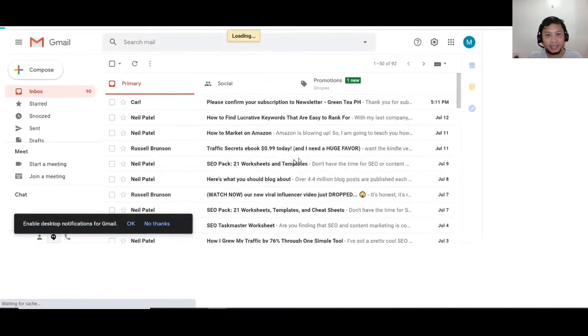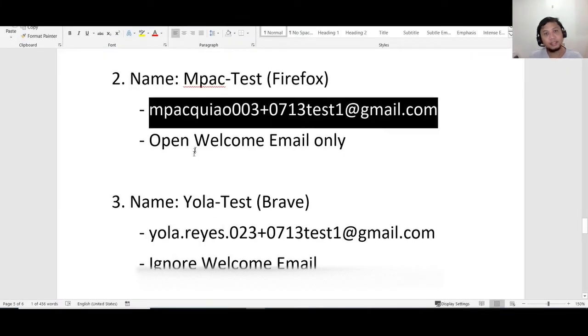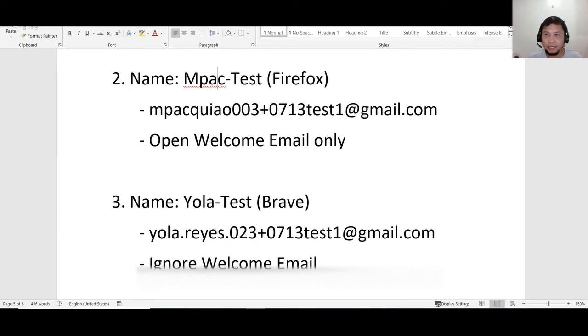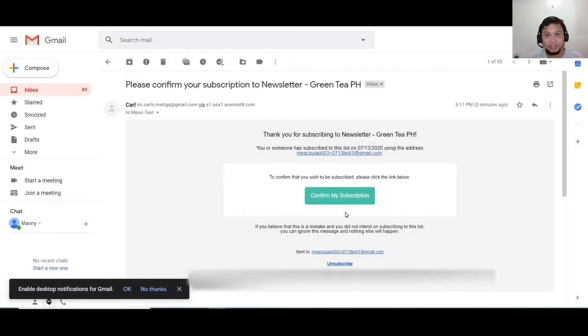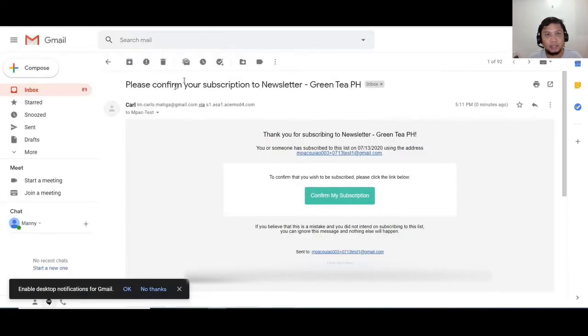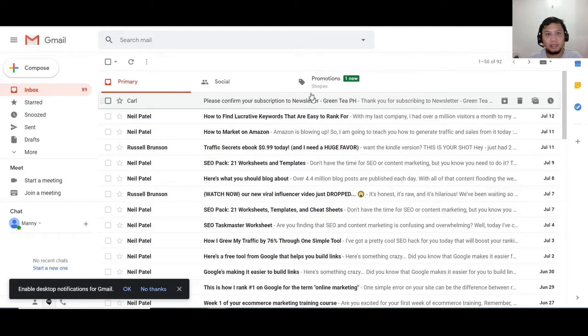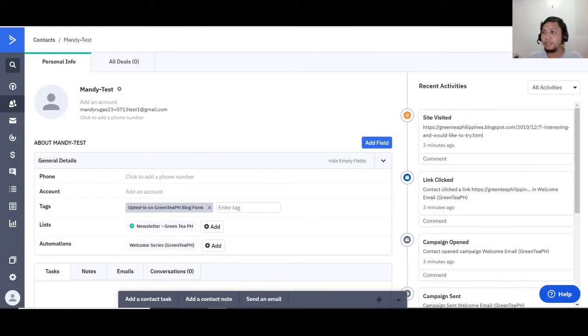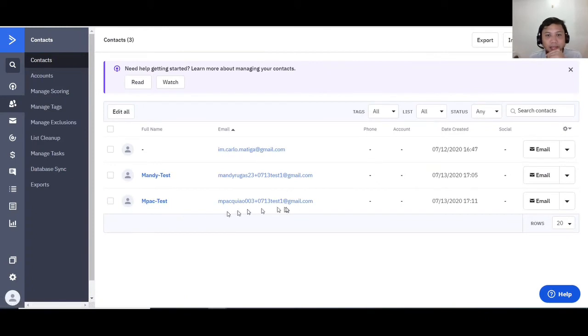Okay, for the MPAC contact test, the second contact, I have received the double opt-in confirmation. I'll just confirm that. Okay, I'll close this one and I'll just wait for the email to arrive on the second contact. And if you look at the contacts, it should be yes. So it has entered, and we'll also do the third one,